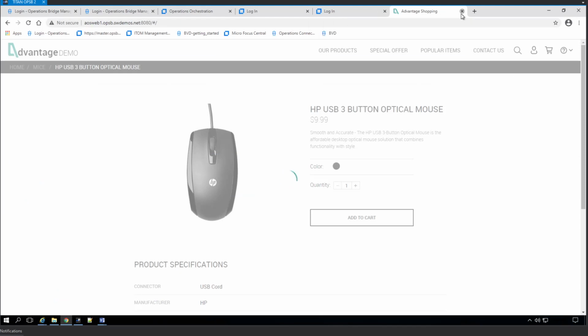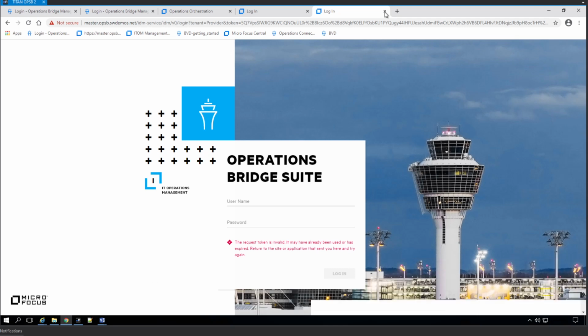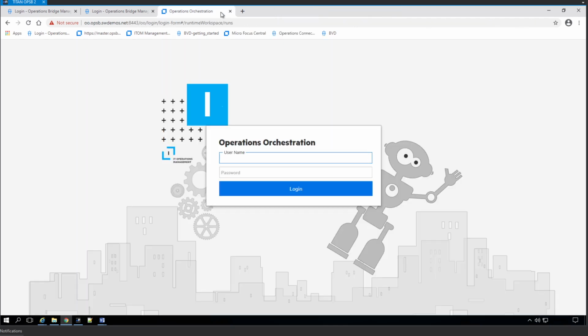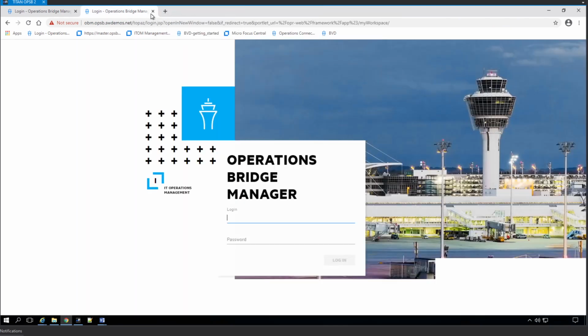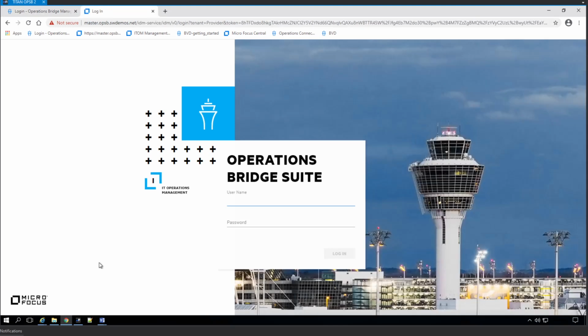Okay, so let me close some tabs over here, and probably that was the login to BVD, which I just closed. Okay, we'll close all those dashboards. And sorry, you actually did not need to see that. I found the pause button, I just forgot how to use it. Okay, so we are logging into the system,